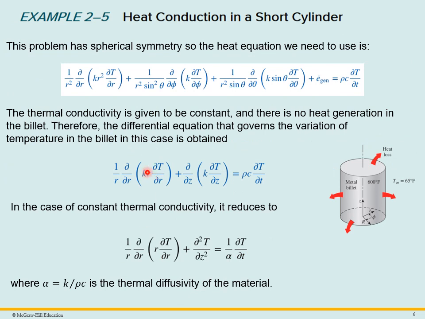So therefore, our general equation, which is here, we can eliminate the phi term, and we can eliminate the E gen term, and so we can write our equation as shown here. Now, since the k is constant, we can take it outside the derivative and divide through by it, and again, it reduces down to this equation here finally, where we define alpha as the thermal diffusivity of the material. So here's our final equation that we would have to solve. Given the boundary conditions, we could solve this